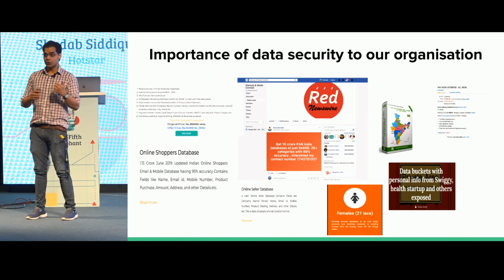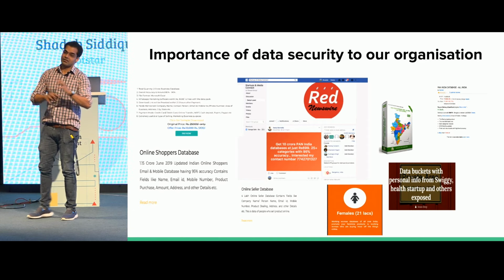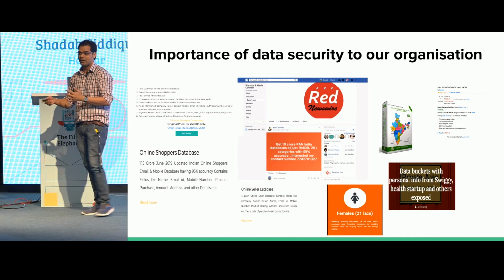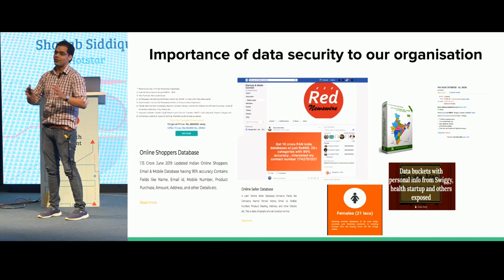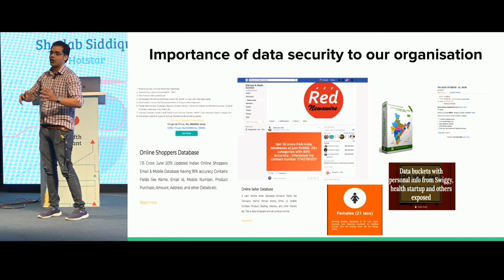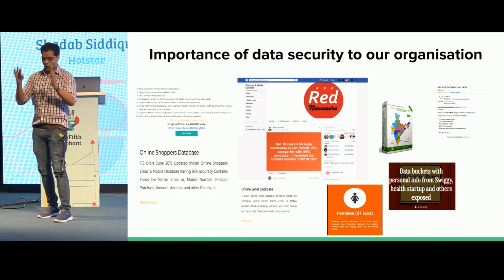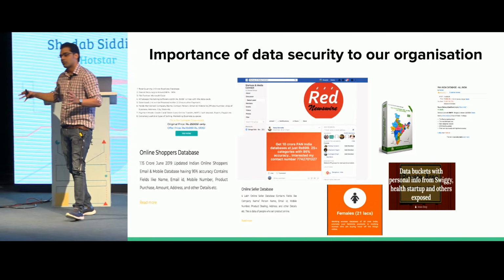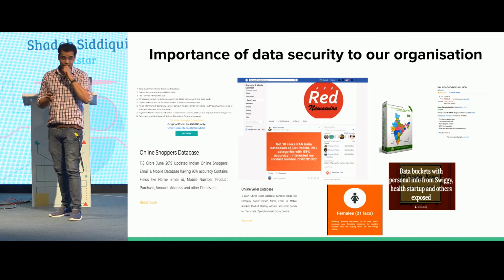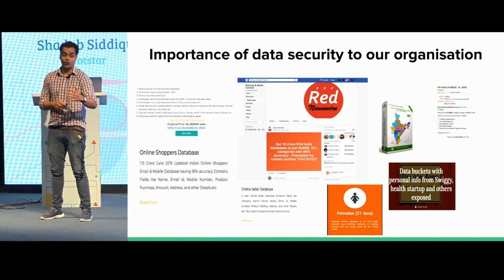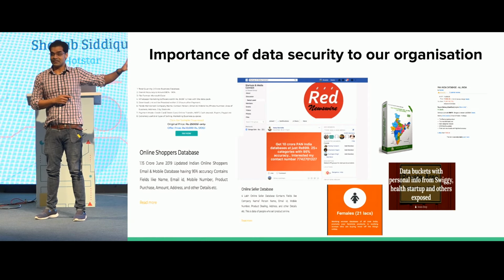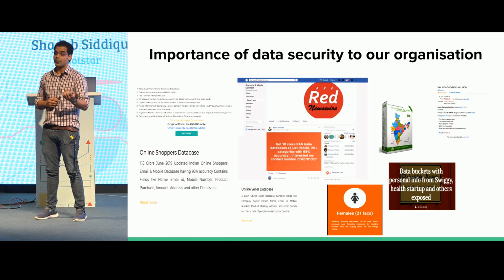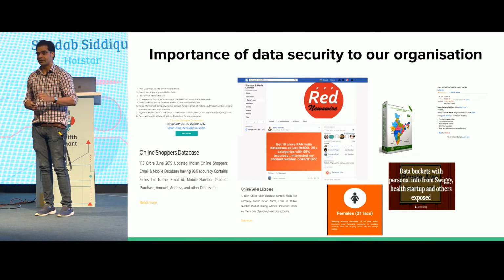Now, how do they get this data? There are 1,000 ways you could do it. One image that you see is you could have your public S3 buckets open. Other is, think of this. If you have hubs, like from an e-commerce or last mile delivery, they have all the data of your customers as well, the hub manager, right? Then there are more ways where someone could do it. So how it happens is another problem to solve. But the point is, this data is all out there. You may not know it. Your data could be up there as well. How someone is getting it and how you secure it is something I'm going to walk you through.